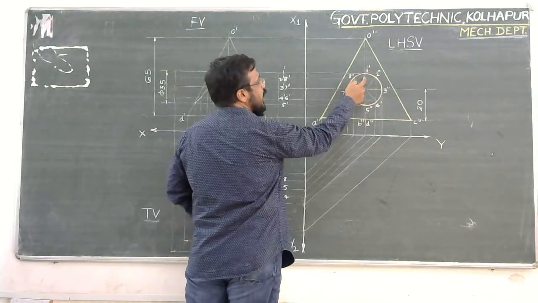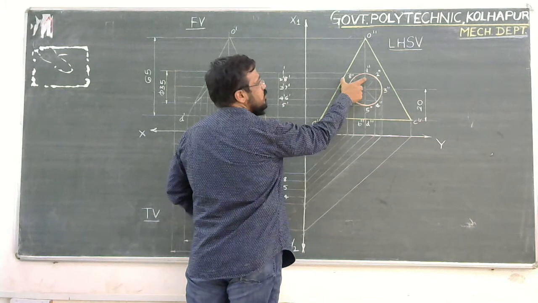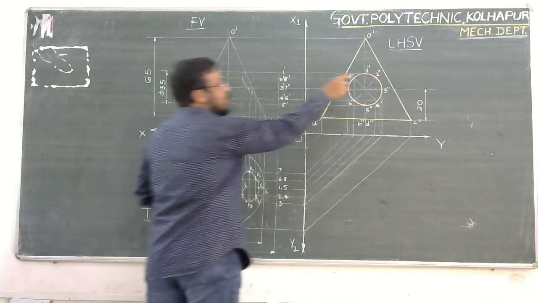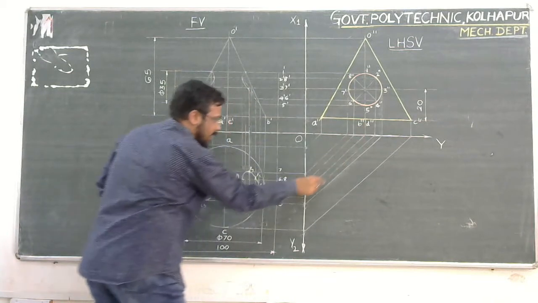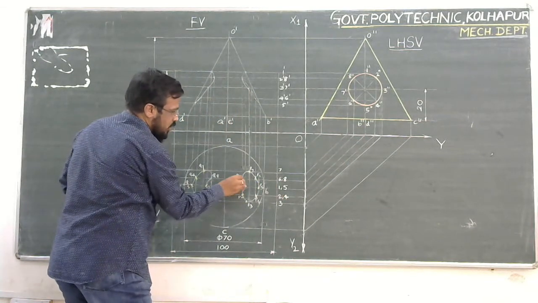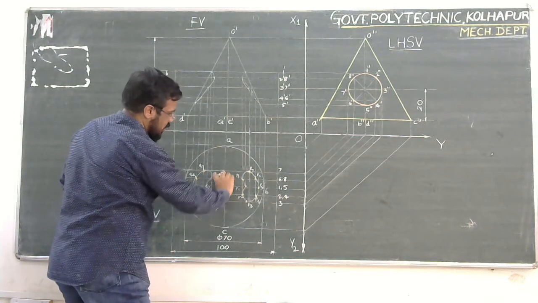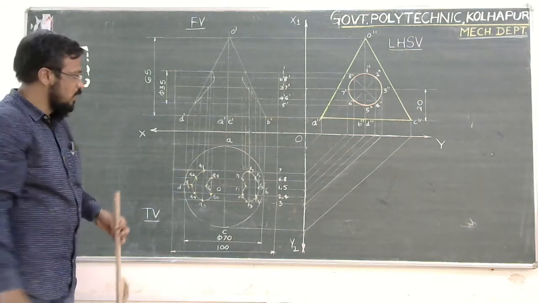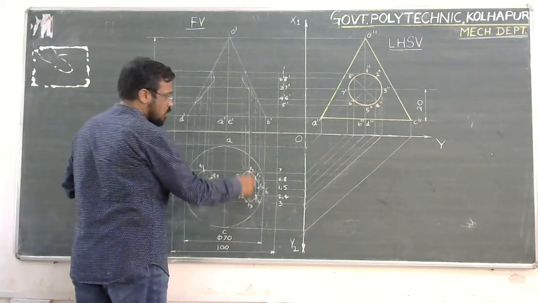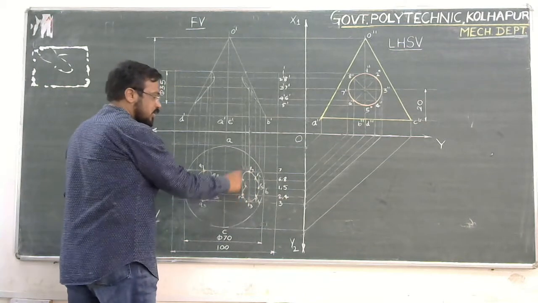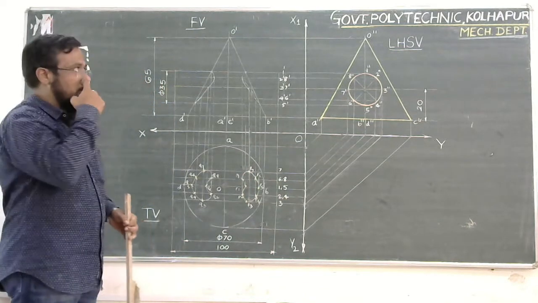For the 8 point, again the distance is this one, from center axis of the cone to this generator. This distance is taken into compass, refer to this 8 double dash line, you are going to get it in the form of this line. So this point cut from O as a center, here and here you will get the arc. This is the case. Likewise, you are going to get all 8 points in the top view. So these are the intersecting surfaces reference points in the top view.